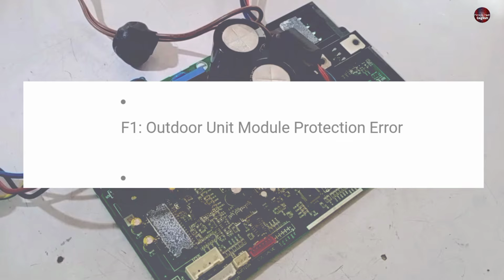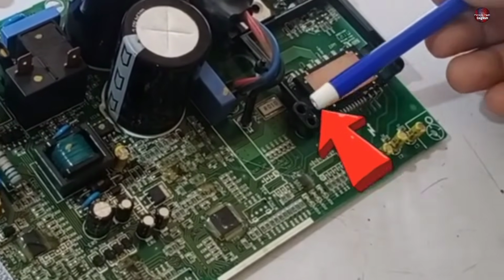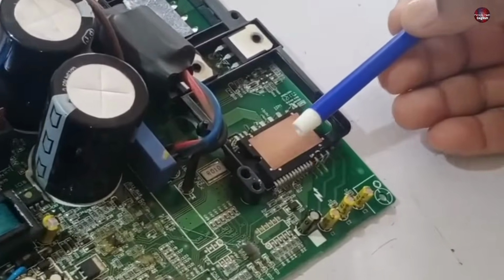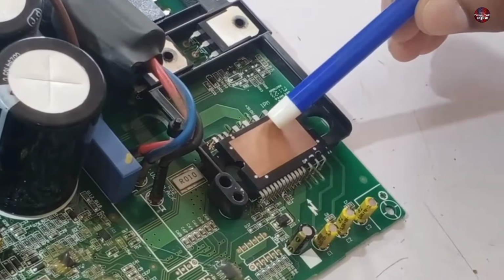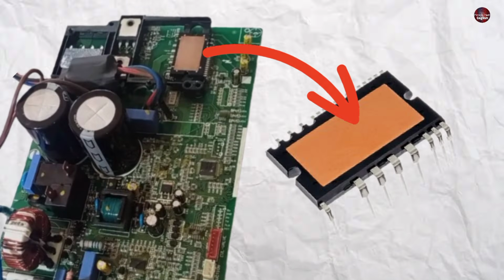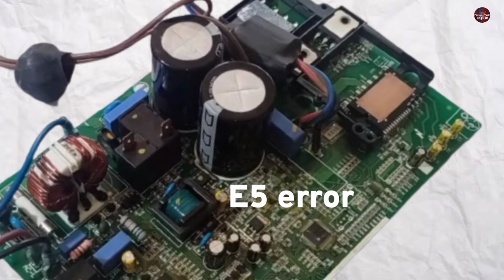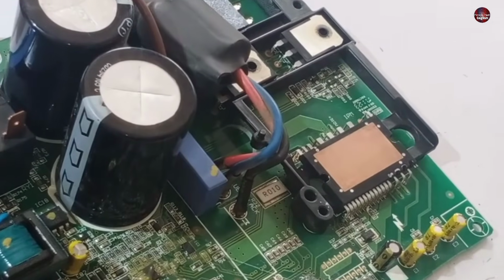The company says that this is the fault of the IPM module in the motherboard. IPM means Intelligent Power Module. You can see this component in the motherboard, which is the Intelligent Power Module or the IPM. But I have experienced that when the IPM goes bad, the air conditioner shows an E5 error code on the display too. Because when the IPM goes bad, the complete motherboard does not power on and thus it shows the E5 error code. But it shows an F1 error code on the display when some other components go bad in